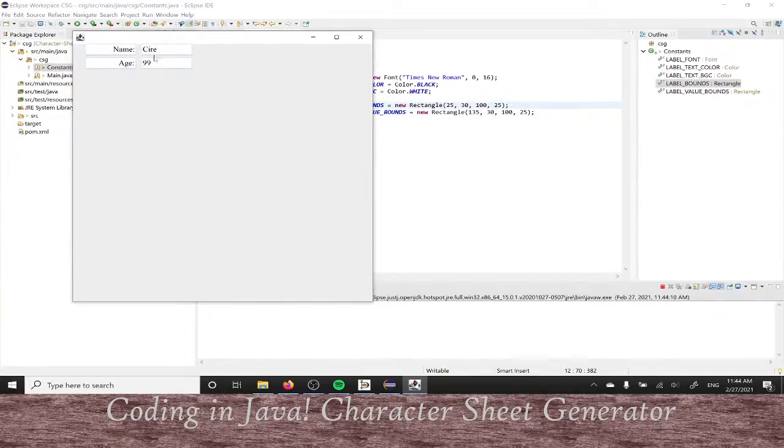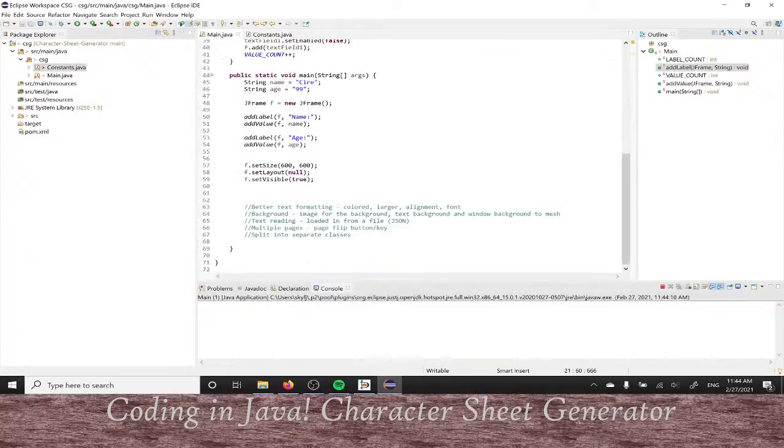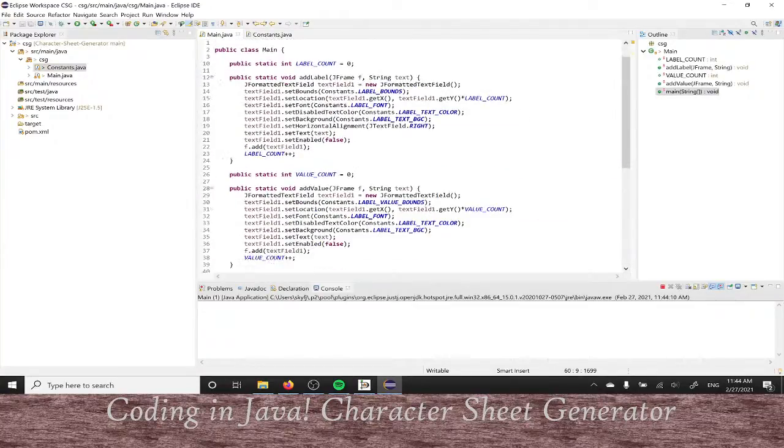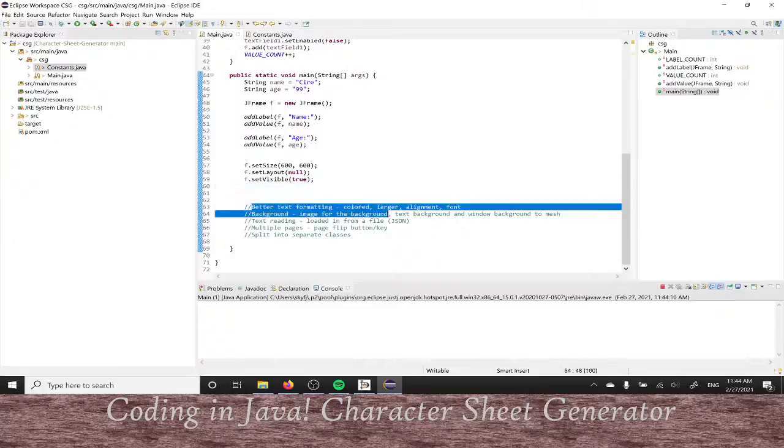Okay. All right, we're getting somewhere. Looks a bit better. All right, so that's how we do the alignment, no problem. Okay, larger, easy, coloring. Can we color the font? Yes, we already know how to do that. All right, so all this just becomes subjective once we get the other features implemented, which is an image for